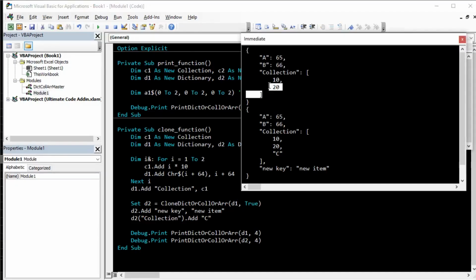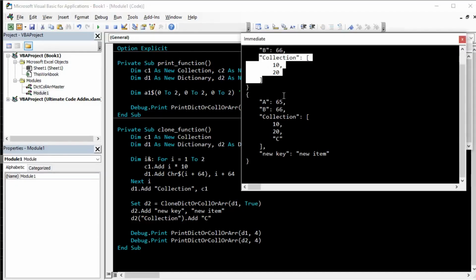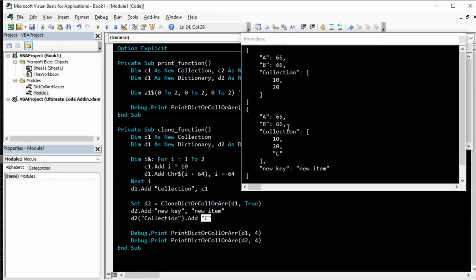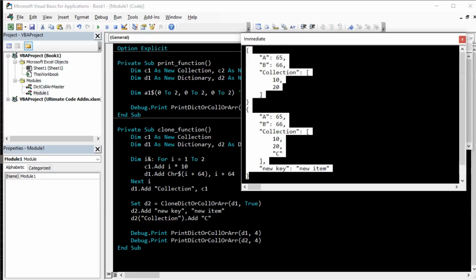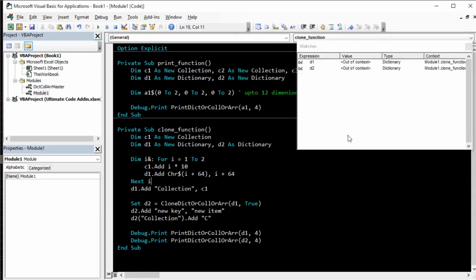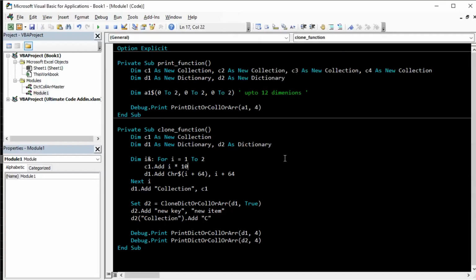you can see the first collection is not affected. The second collection is affected because we have added C to the D2 collection, not to the D1 collection, because now they are both different collections, completely cloned. But arrays are by reference. They cannot be pointing to the same